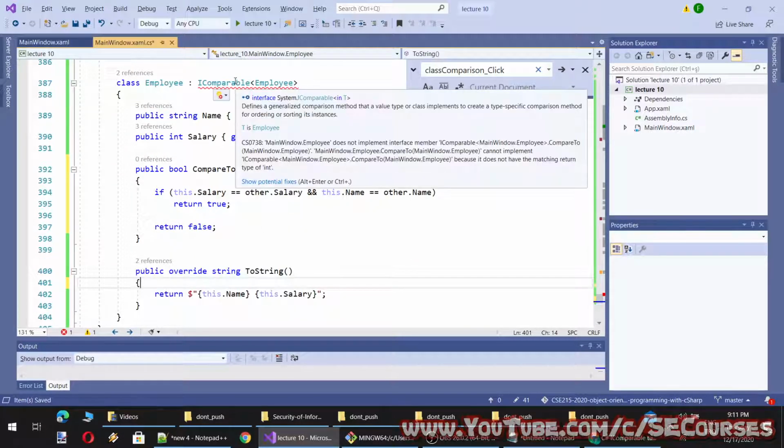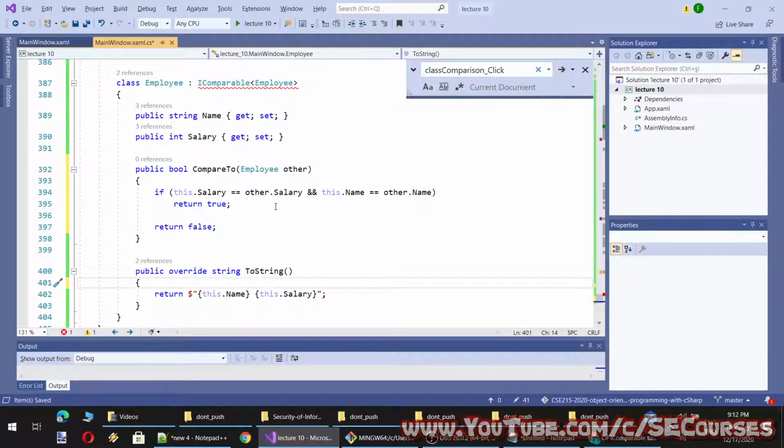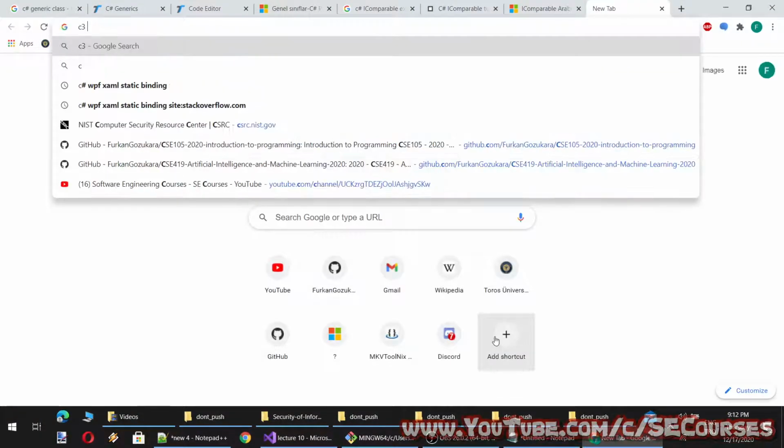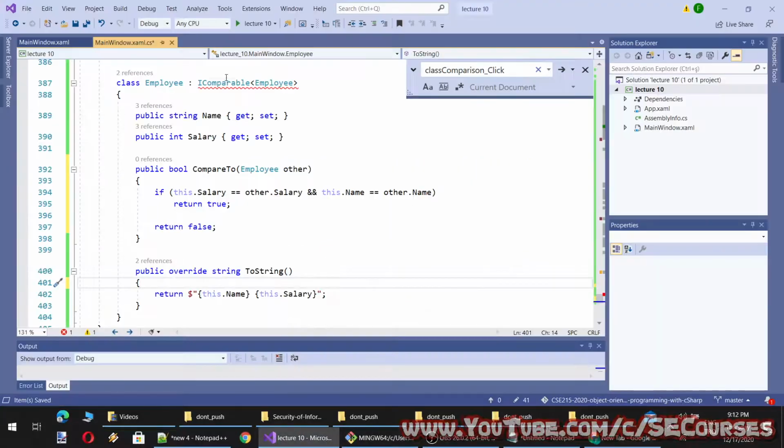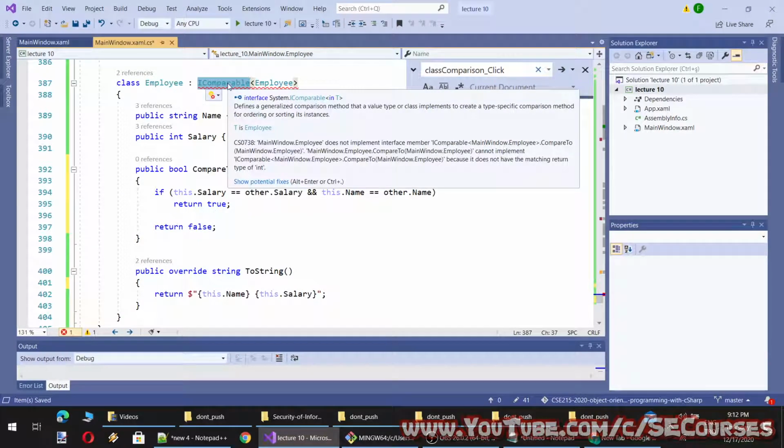Oh, it is expecting integer. Why? It does not have the matching return type of int.